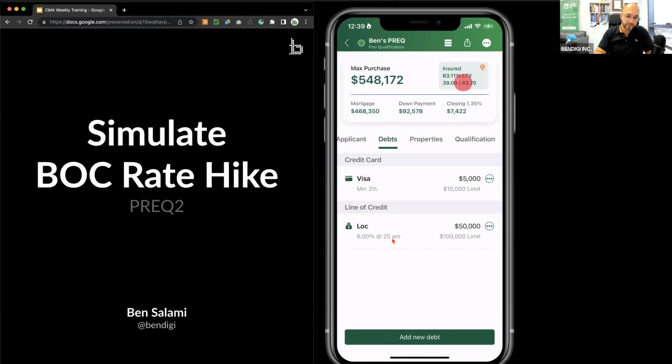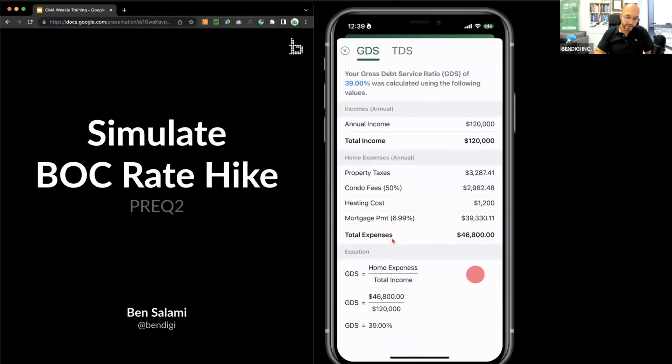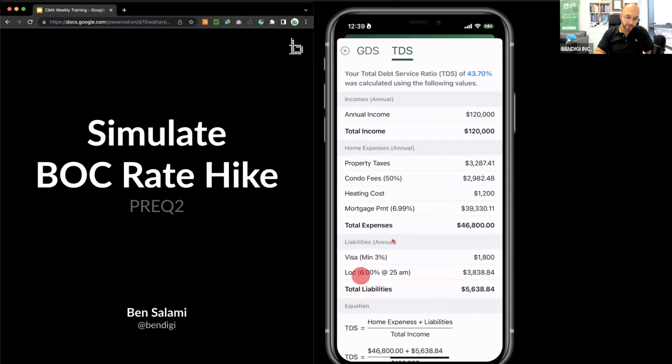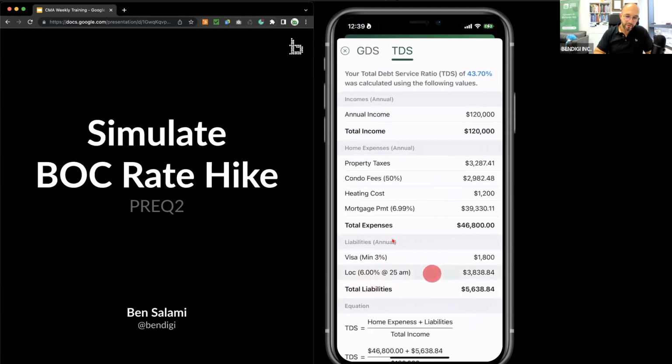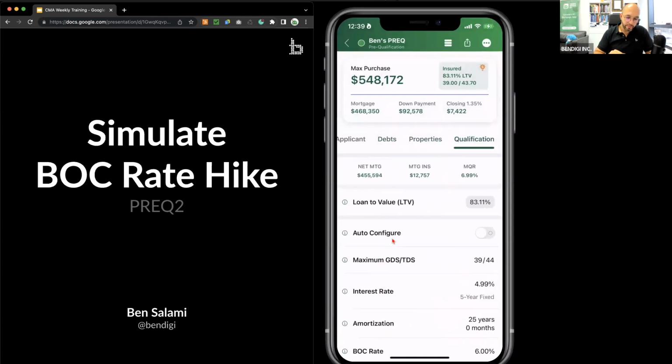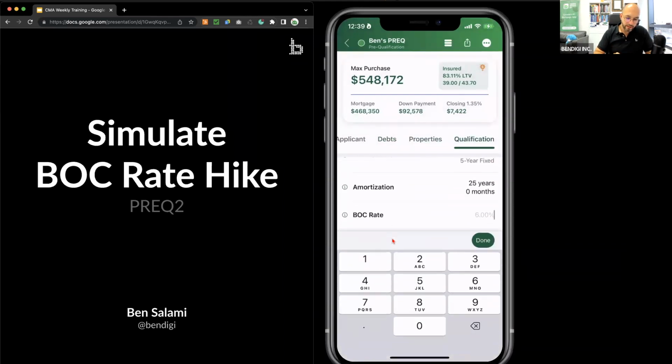And you can actually tap on this, scroll over to TDS and see, oh, there it is. Our payments would have been $3,838 per year. But it's because it's using Bank of Canada rate. And if you were to modify this BOC rate,